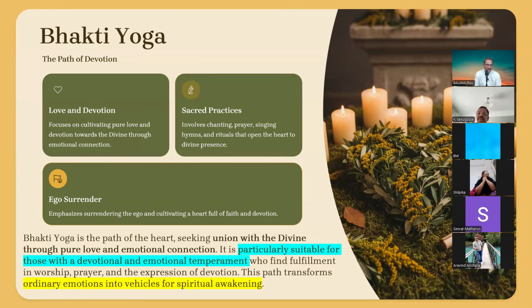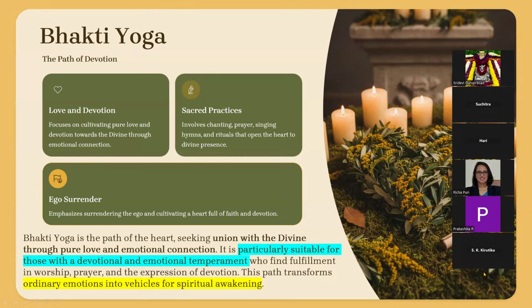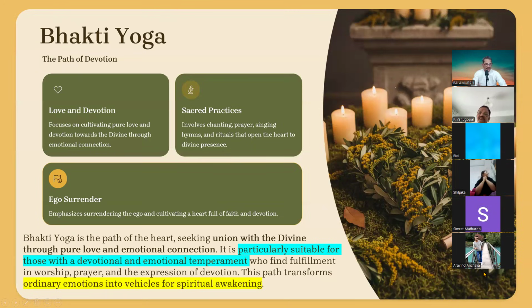So what is the difference between me and the bhakti yogi is, the bhakti yogi surrenders himself. When somebody doesn't have any likes and dislikes, that means he surrenders himself, his life to God. He lives as per the highest standards. Then you can call that bhakti yoga. So bhakti yoga means just about God. That's all. It is suitable for people who are more emotional.